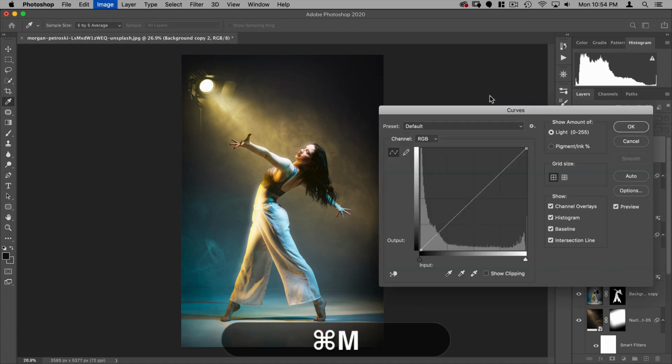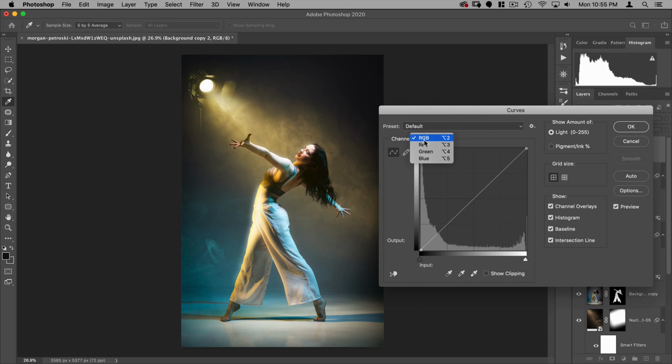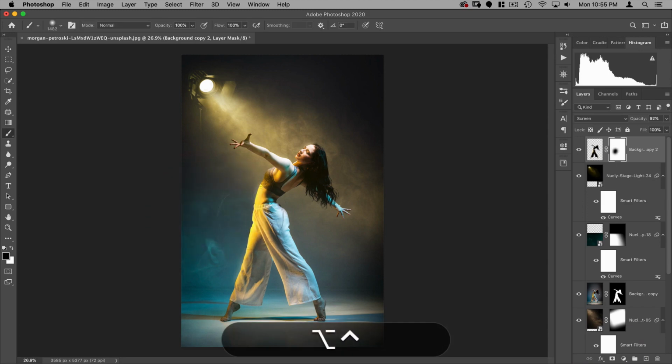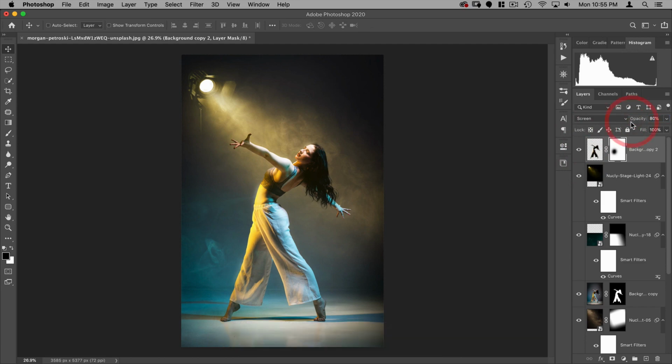And then I'm going to do Command M, and like I was doing with my atmosphere, I'm actually going to adjust this so that it's a little more yellow and a little more red. And then I can take the opacity down on it. Actually, I think it actually looks pretty good. It's a little too strong right here. So what I can do is just add a mask, and with a large black brush, just paint out this area there. So now it's more just where the light's hitting her. Maybe take the opacity down to 80. So pretty happy with that.